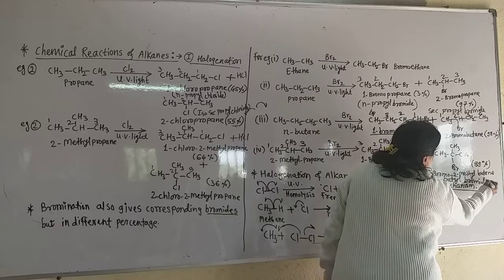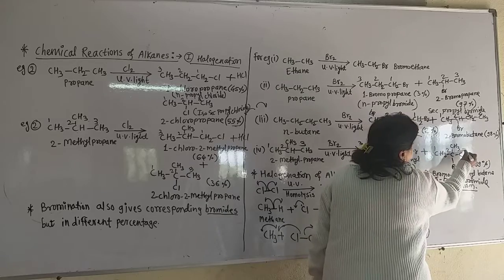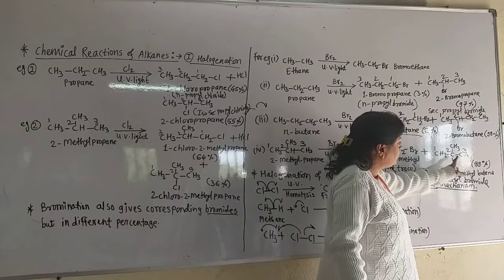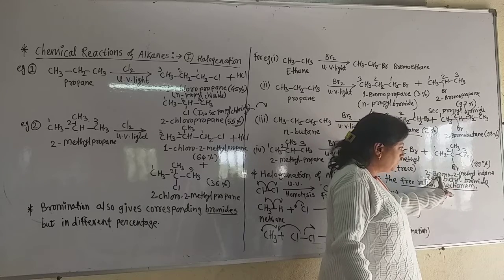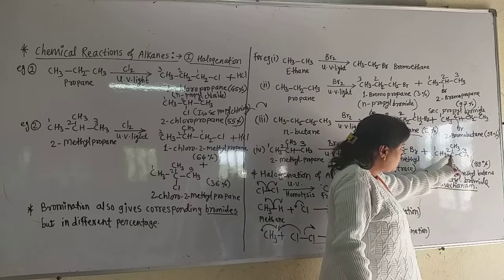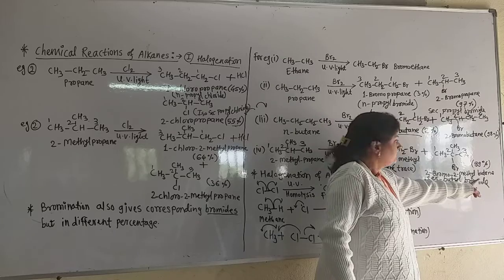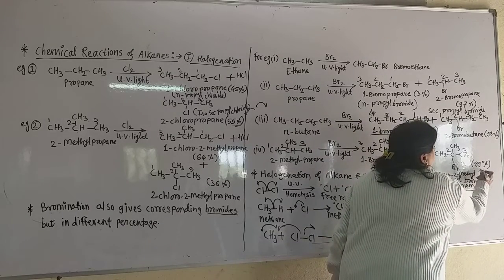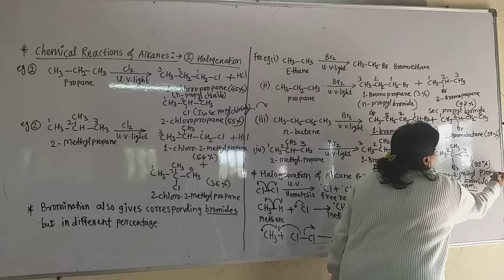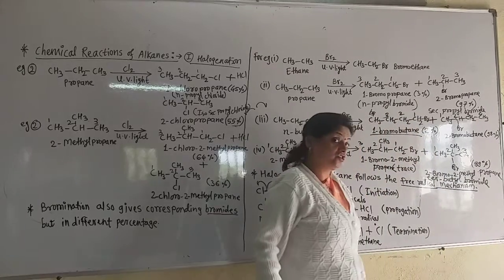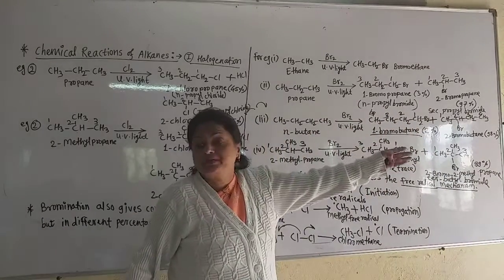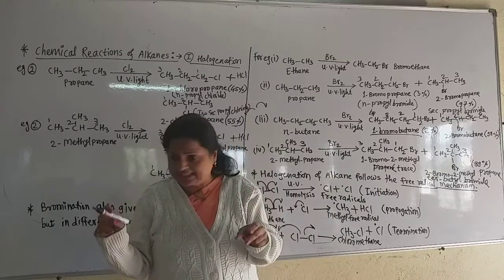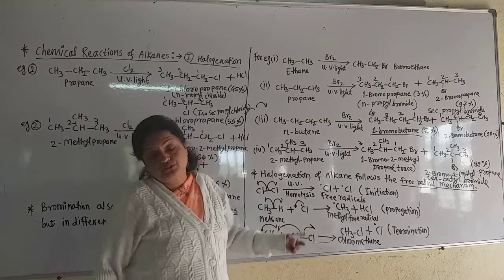But in the IUPAC naming system, number from such a side, only 3 carbons in a straight chain. Now this is the 2-methyl, but give the name bromo first. So 2-bromo-2-methylpropane, not butane, because only 3 carbons are there. That product is 99%. The other is only traces. Traces means a very small percent. Okay, and you see them.